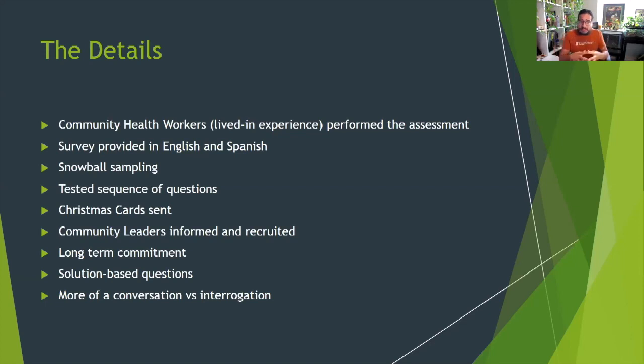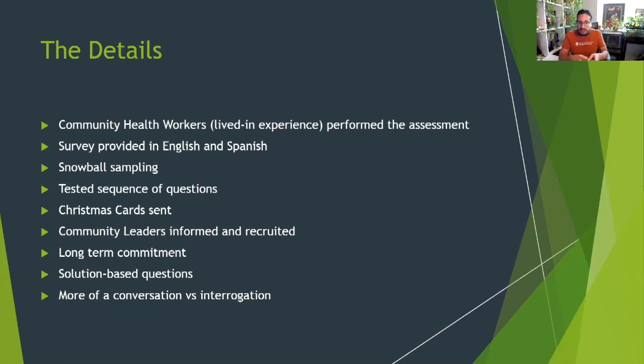A lot of community leaders and stakeholders were also informed throughout the process. It wasn't just a matter of going to them initially and telling them what we were planning to do, but also reporting back throughout this whole process. And again, we were stressing, and we continue to stress, that for us this is a long-term commitment, so that folks are not seeing us just come in, ask questions, and then never see us again. So we really are being intentional about committing to that part of Travis County.